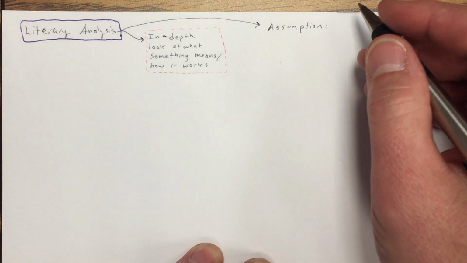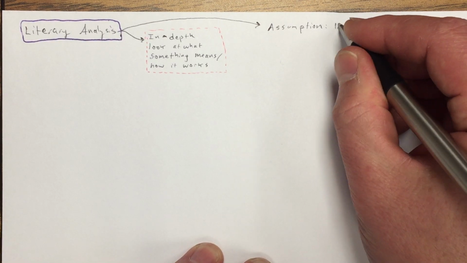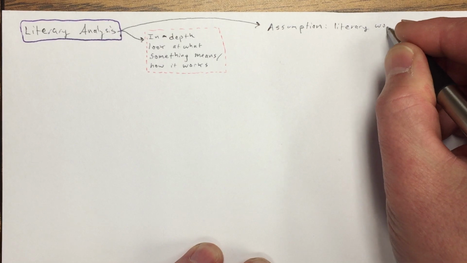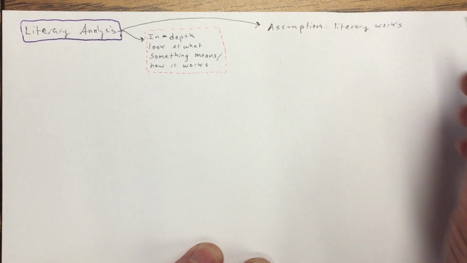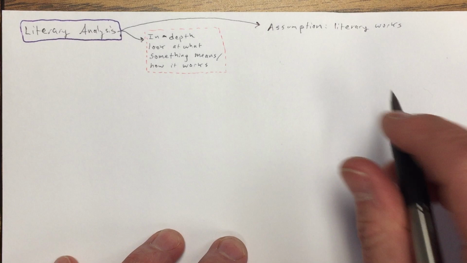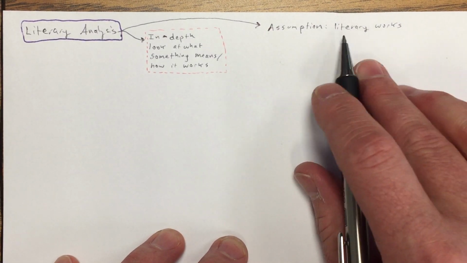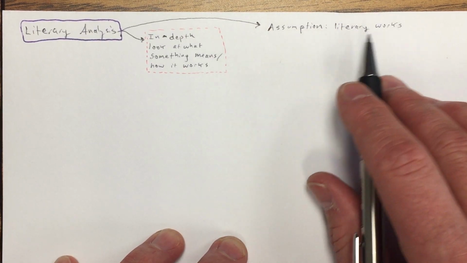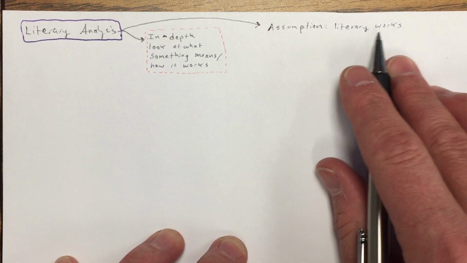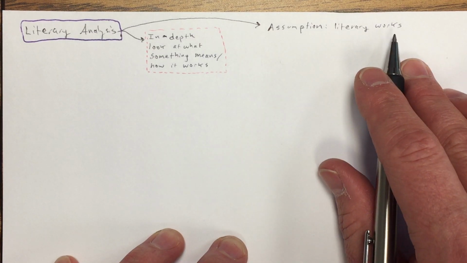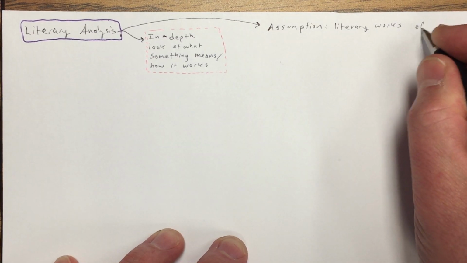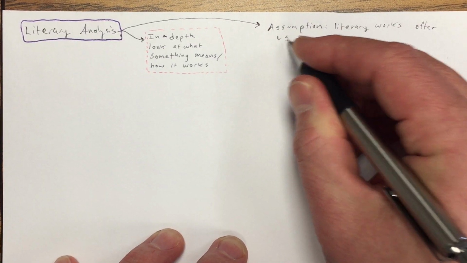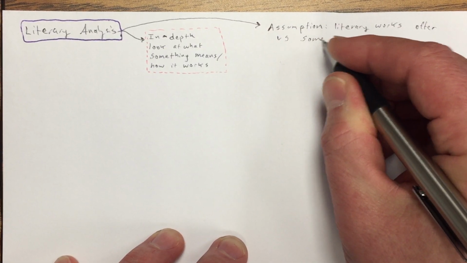I'm assuming that literary works, which would include things like novels, poems, and I have a very broad definition of what a literary work is, like rap lyrics, that's a literary work. Sometimes we would call these texts, but right now I'm going to use the phrase literary works. Literary works offer, that means they give us, the reader, something